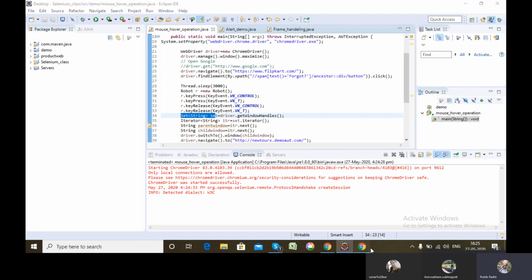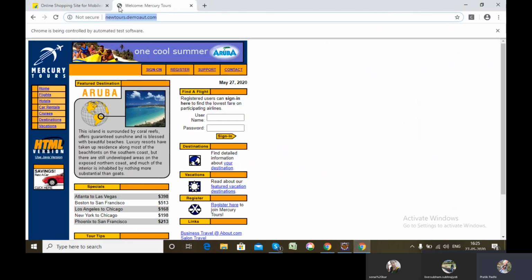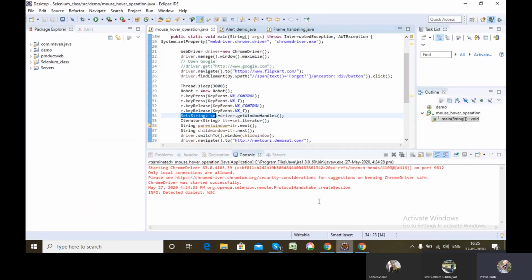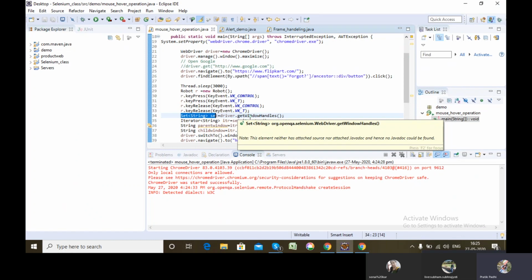Let's say, for example, here I have opened two driver instances because two tabs are there, so two windows you can say. So getWindowHandles will return me a set of IDs of all the open tabs or windows. Let's say, for example, a new window is opened, there also one tab will be open inside that new window, right?